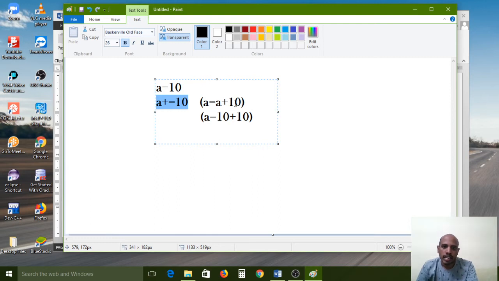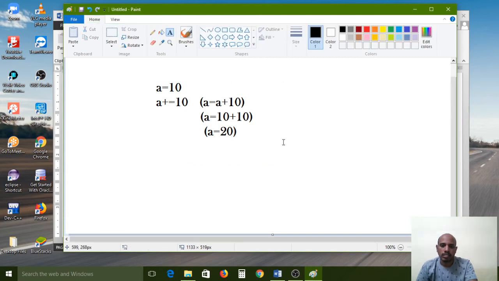The a value is 10, so 10 plus 10. After calculation, a is 20, so the result is 20. Like that, subtraction, multiplication, division, and modulus operators will work like this.